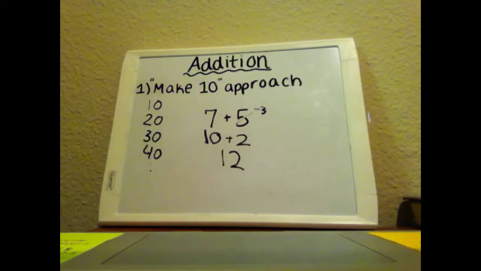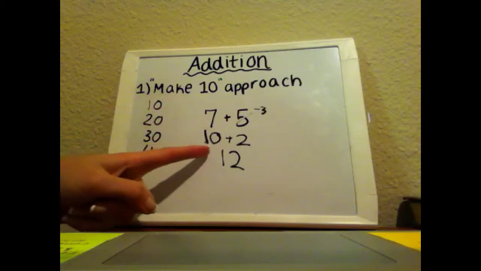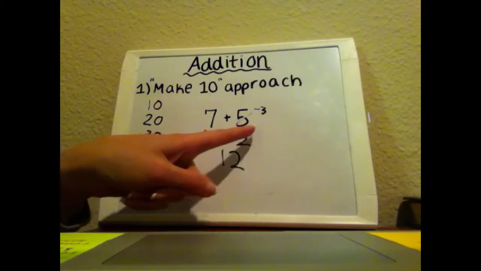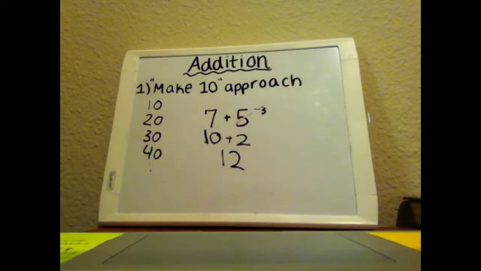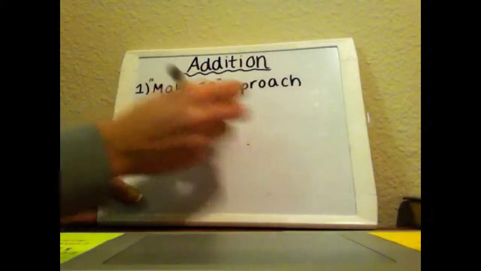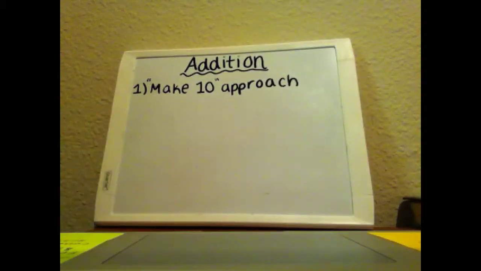So that's a simple way to do the make 10 approach. As you can see, we took that 7, made it into a 10, and the only way to do that is by taking that amount, which was 3, from 5. And we got the same answer that we would as if we added 7 and 5. Now we're going to do 2 more problems, and they'll get a little bit more difficult with each one. So for the next problem,